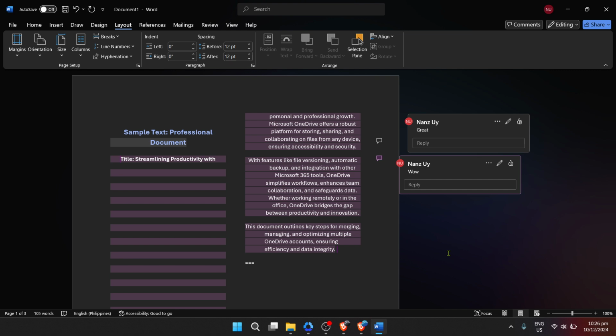That's all there is to it. With these simple steps, you've learned how to split a Microsoft Word page in half, opening up a whole new range of formatting possibilities for your documents. Experiment with it, test out how it can work for your particular needs, and most importantly, have fun with your newfound Word